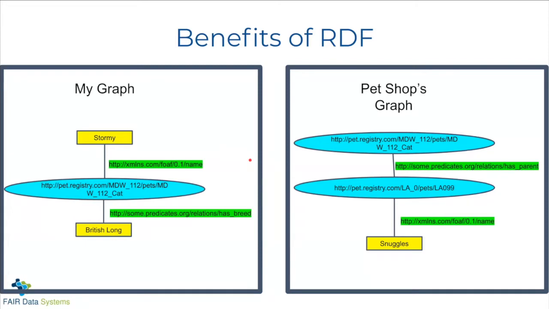But the big benefit of RDF is that it makes it very, very easy to integrate data from one site to another site. So here's my graph, which is my cat has the name Stormy and my cat has a breed British Long. The pet shop where I got my cat might have their graph, which is, my cat has parent. This is the identifier for another cat, which is the parent of my cat, and his name was Snuggles. So if I want to integrate the data,